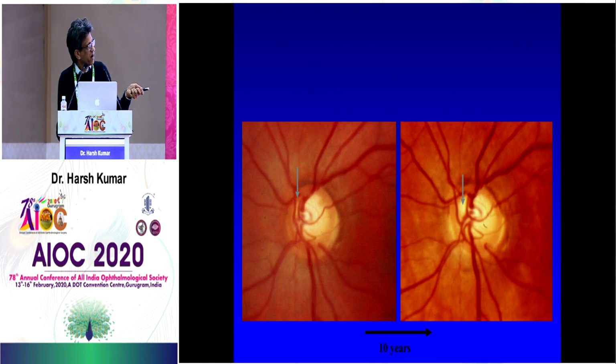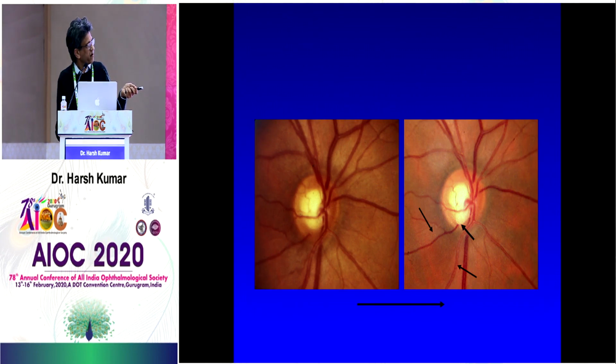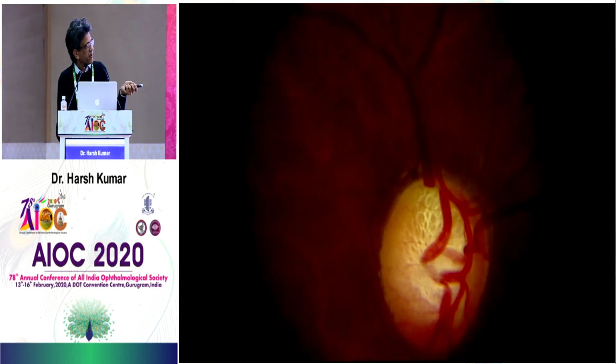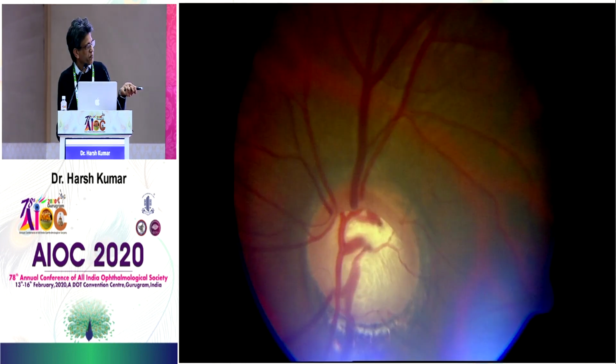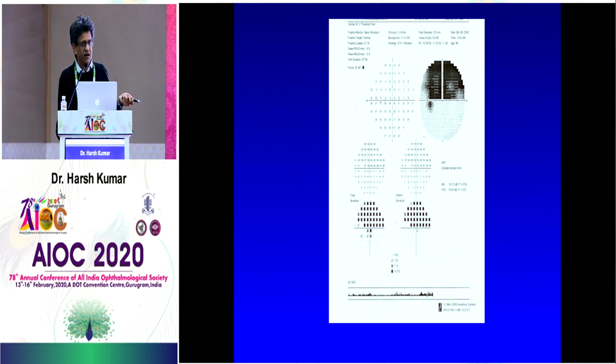And similarly you can see here it was normal earlier, and then there's a dropout over here. What is happening here? What is there? There is a notch. Very good. So there is a notch and there is a corresponding wedge defect. Where will the field defect be here? Superiorly. Okay, good. Where will the field defect be here? Inferiorly. Where will it be here? The field defect will be where the notch is, this whole thing is gone, so it will be superior. Okay, clear?